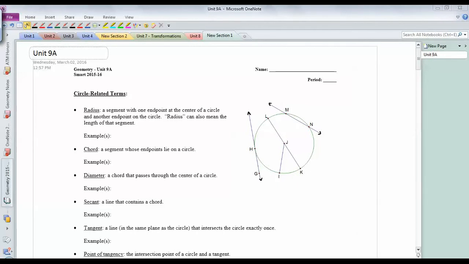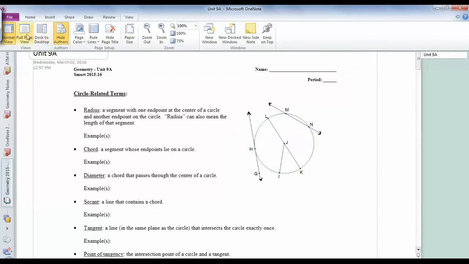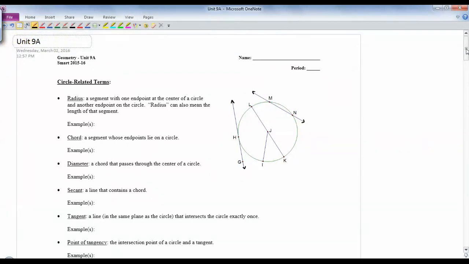Okay, so this video is going to be on Unit 9A, which is the intro handout to circles. So let me make the screen bigger here. Okay. So let's take a look at what we got. So the first thing we'll do is we'll just talk about a bunch of terms that come up in this